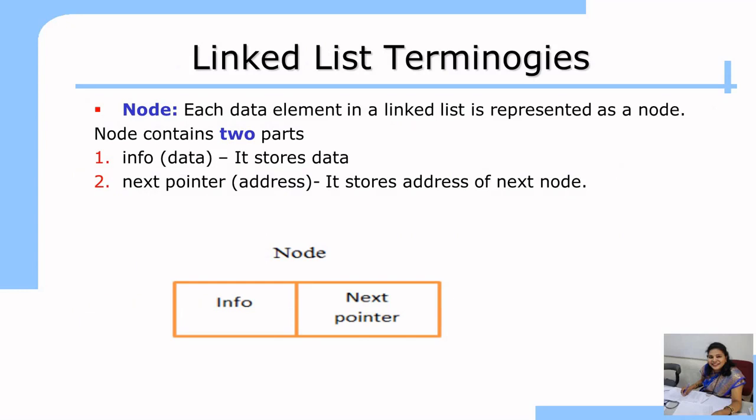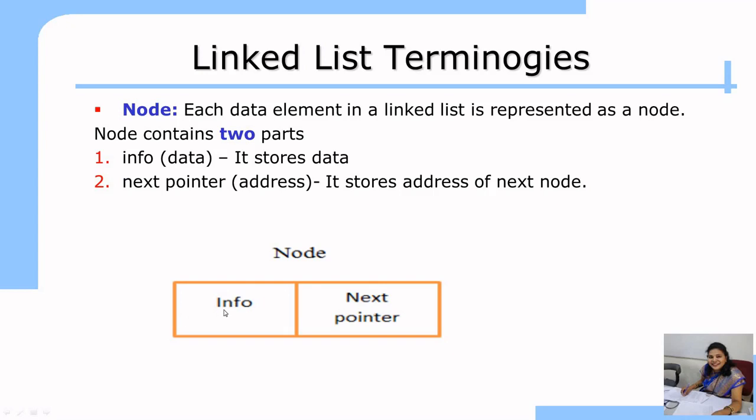Before starting the single linked list, let us understand some terms related to the linked list. The elements of the array are called elements, but the elements of the linked list are known as nodes, where each node has two parts, the data part and the link part.